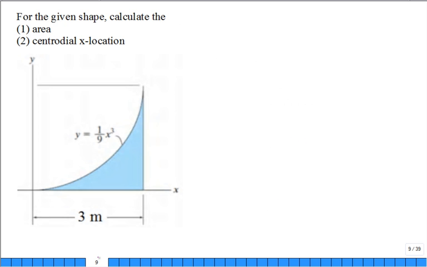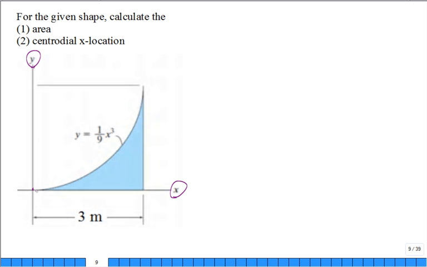Let's move on to this problem. Again, this is just a review of some topics that we want to be able to solve. This is prerequisite material. There's a shape, this area. It's shaded blue. It's a two-dimensional problem. You can see the x-axis is defined, the y-axis is defined. That area